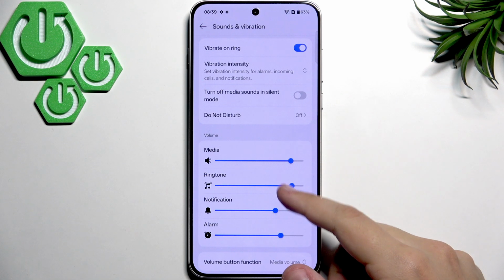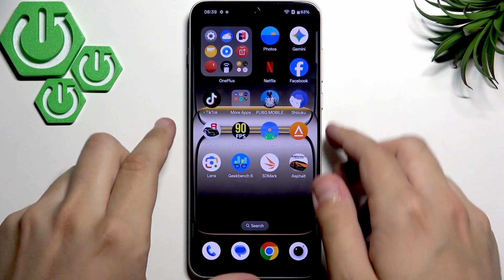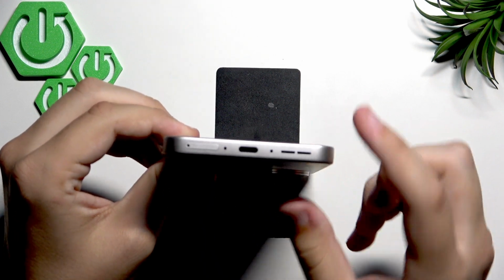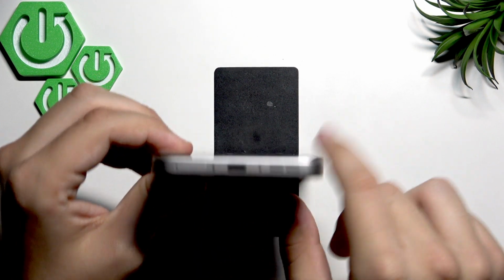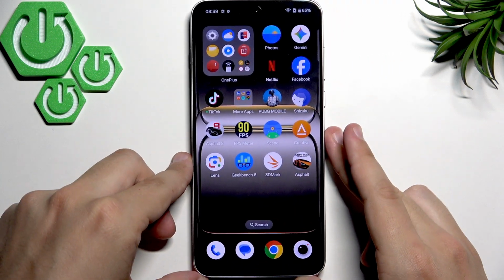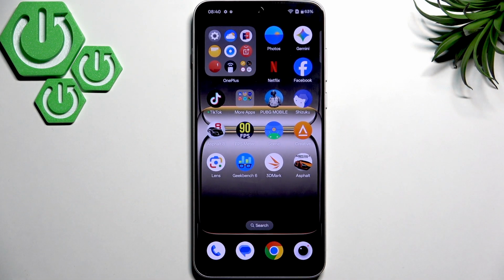Now, after checking those levels, what you guys can do is clean the speaker grill with a soft brush. So right here, let me show you, we will have the speaker grills, and here we can basically clean them. It's very important to do that because sometimes there's just dust stuck inside them and they can block the way